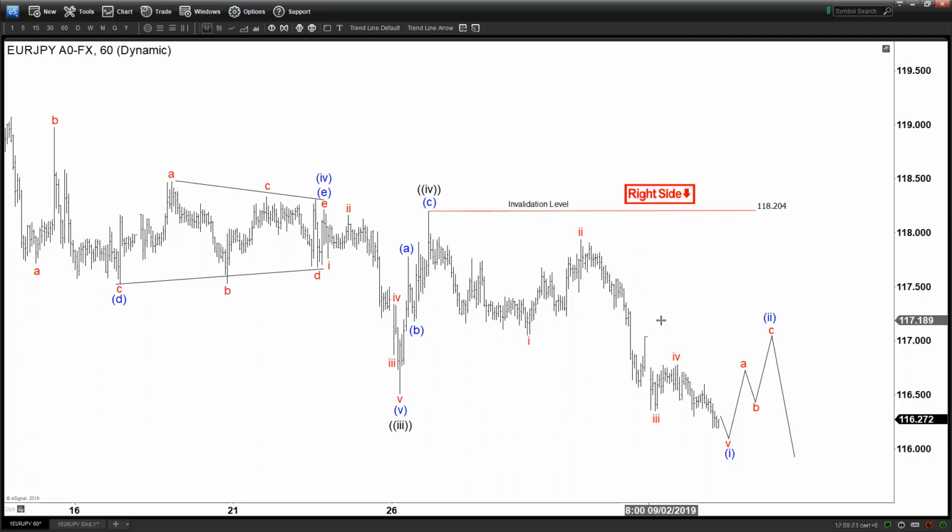So the whole world right now, the economy is slowing down significantly everywhere because of the trade war. The US is really the only one that is still strong, but we'll see how long they're going to be standing up the economy. But for now, we can expect the euro will be next to introduce a rate cut as well as more QE possibly, and the market has started to price in that. And you can see the Euro Yen again, any bounce is going to be expected to fail for the downside.